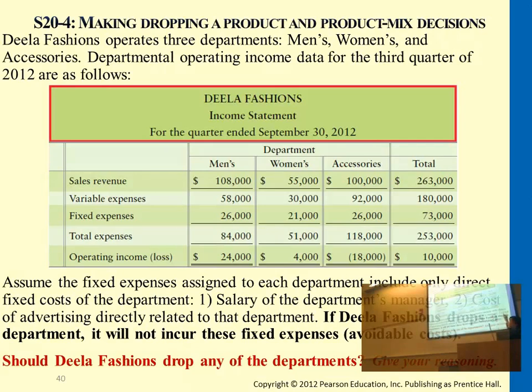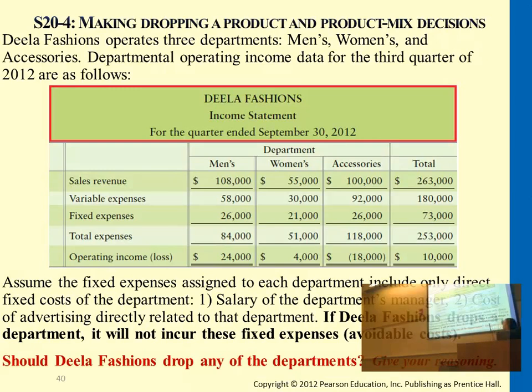So in this case, we look at both variable costs and fixed costs. If this problem changes to unavoidable, then we're only looking at variable costs. We don't have to compare fixed costs, so it's not relevant. For this question, it seems simple because this is avoidable, so you need to add up both categories of cost and compare against revenue. We'll be looking at 92,000 plus 26,000, 118,000, compared against the revenue we're giving up, 100,000, and see which one is higher. So the cost saving is more because 118 is larger than 100, right?